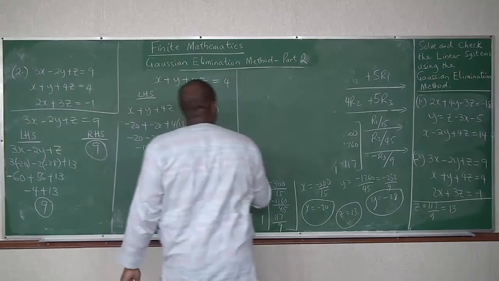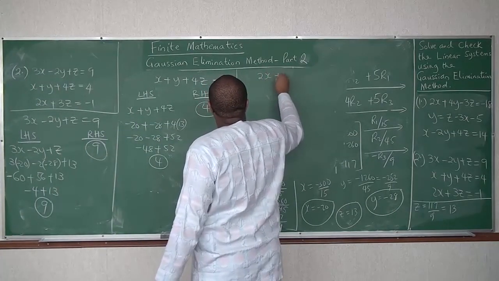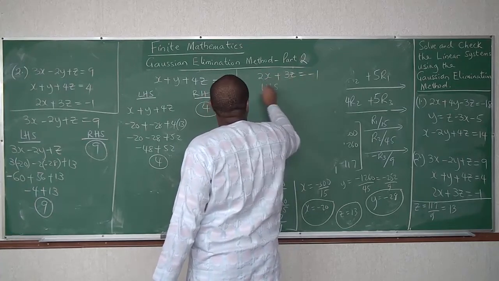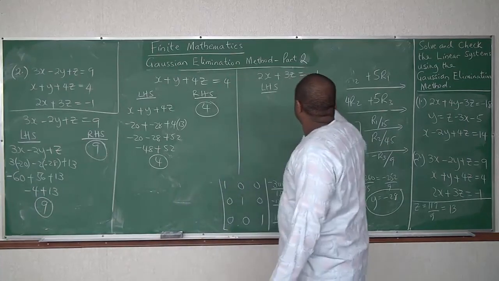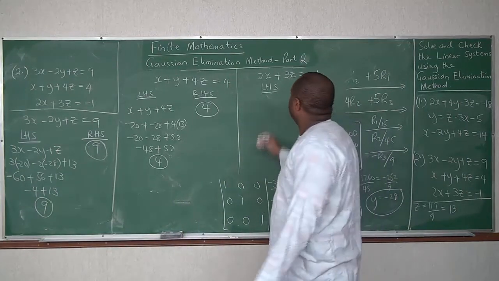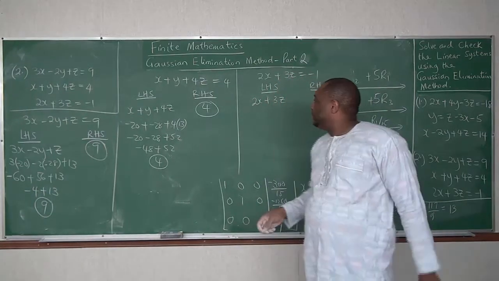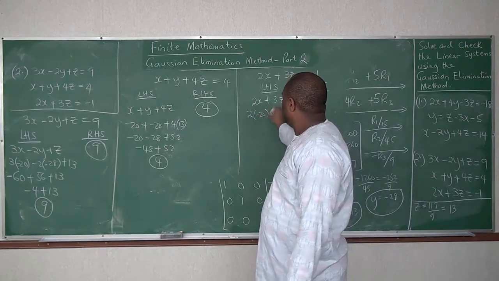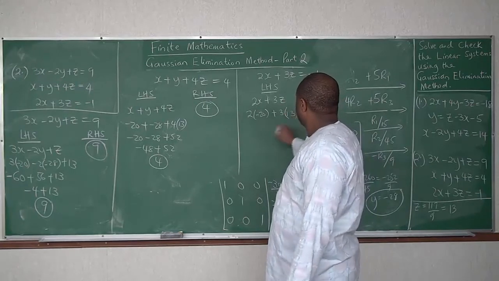Okay? Next one. 2x plus 3z is negative 1. Left hand side, right hand side. Right hand side is negative 1. Left hand side 2x plus 3z. So this means 2 times negative 20 plus 3 times 13. That is